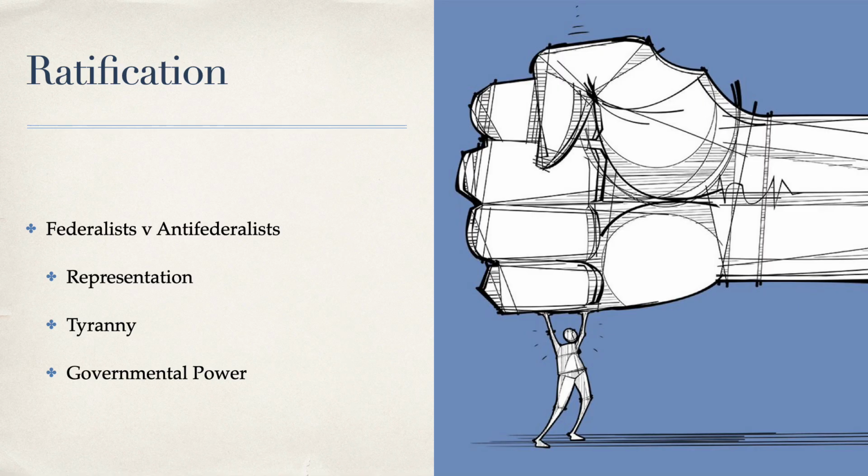Federalists feared the tyranny of the many over the few. Basically, they feared that a popular majority, united and actuated by some common impulse or passion or of interest adverse to the rights of citizens, would trample on the rules of justice. That was the Federalist fear. They saw the national size and diversity, though, as protection against this, that it would be too hard to unite this tyrannical majority. And it's interesting, if we think about these fears today in light of the government, we can see both sides actually had very legitimate claims.